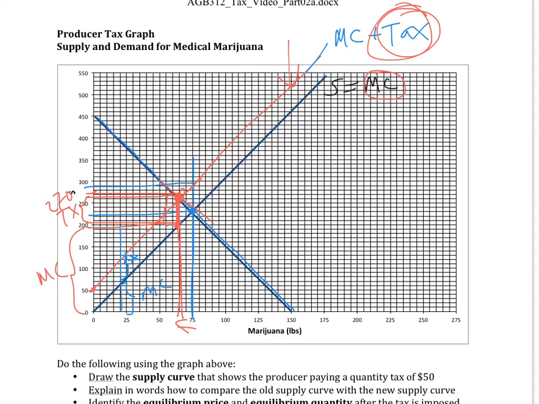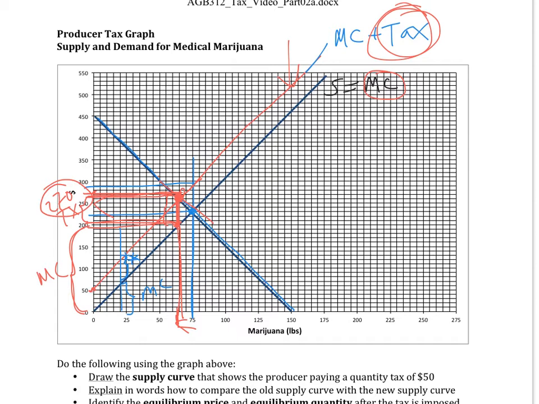And again, I want to make sure this is not one of the traditional shifts in terms of those 6 supply shifters. We're talking about a special tax situation which is causing the shift. So we have this new equilibrium quantity, and we have a higher, well, I'm not even sure if you want to call it an equilibrium price, but we have a higher price that consumers are paying, and then a lower marginal cost, because producers are producing less, a lower marginal cost that producers are paying,